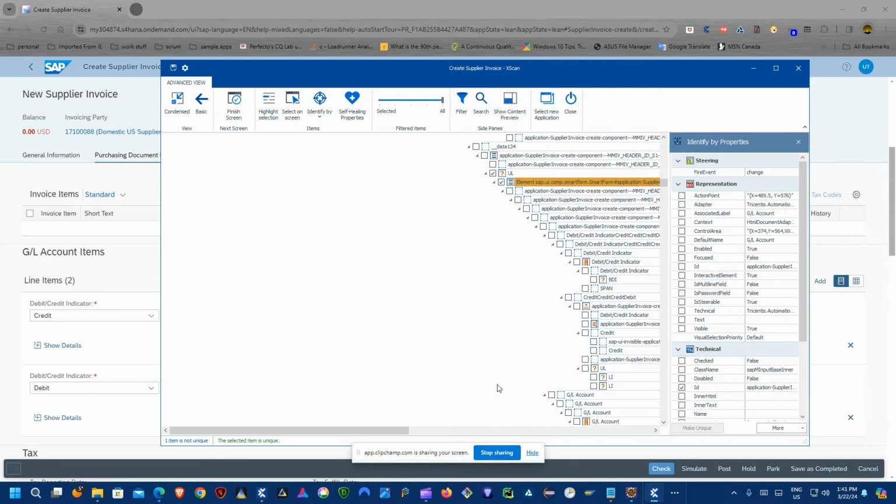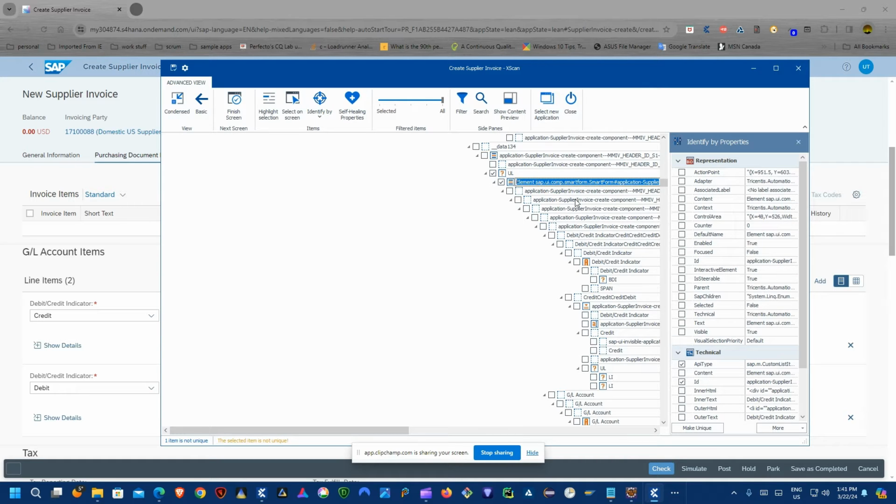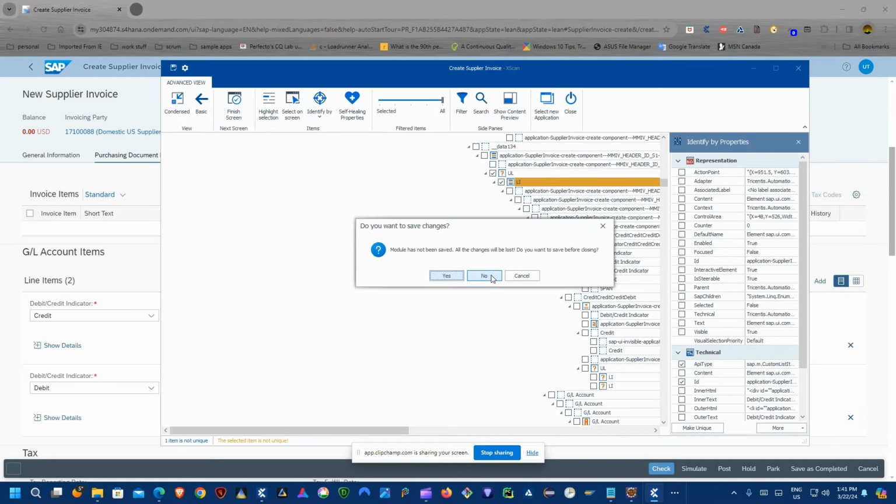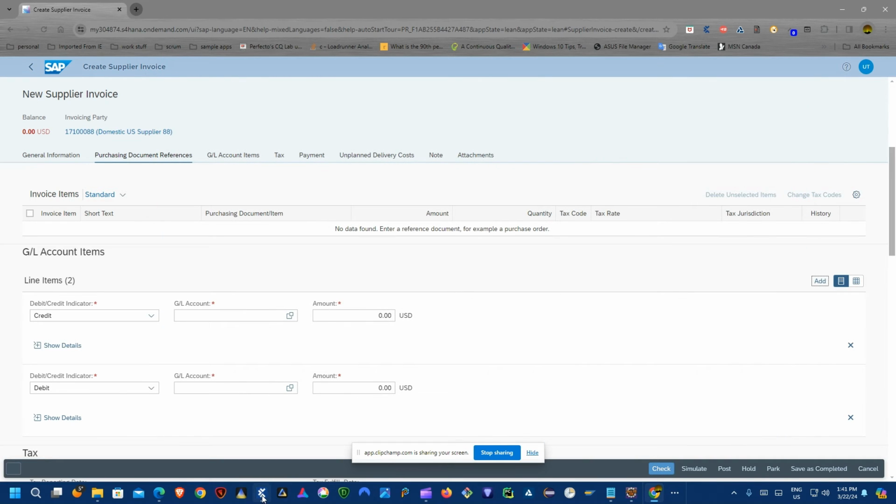So I won't save this. I already got the structure. The nice thing about this is you can change this to LI to identify it as the list item if you want to, and which I did. I'll show you. I'll just close this. I won't save it. I already have it